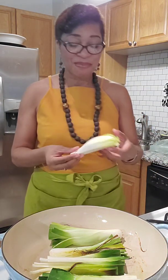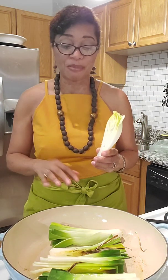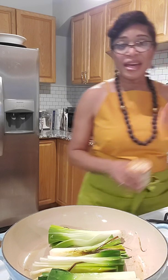Our next ingredient that we're going to be adding is Belgian endive. And this is one of the most classy. These two are some of the most classy vegetables for me, besides the eggplant. Being able to cook with leeks, they bring out the natural flavors and aromas. It smells good, and now we're at a point where we want to add in a little